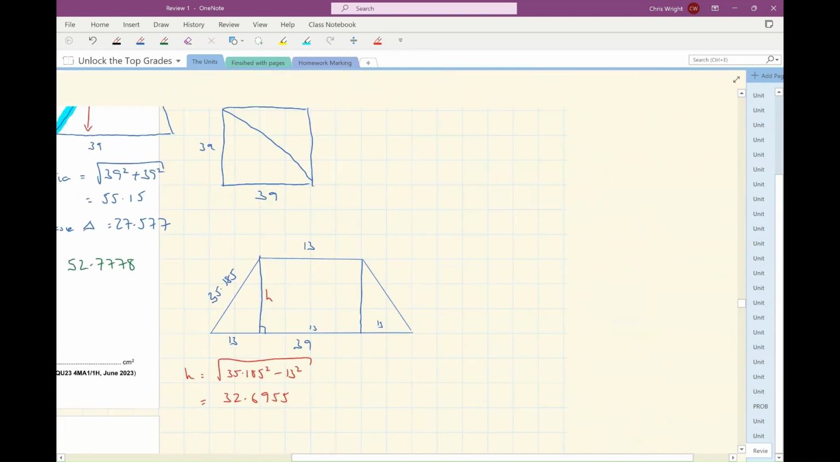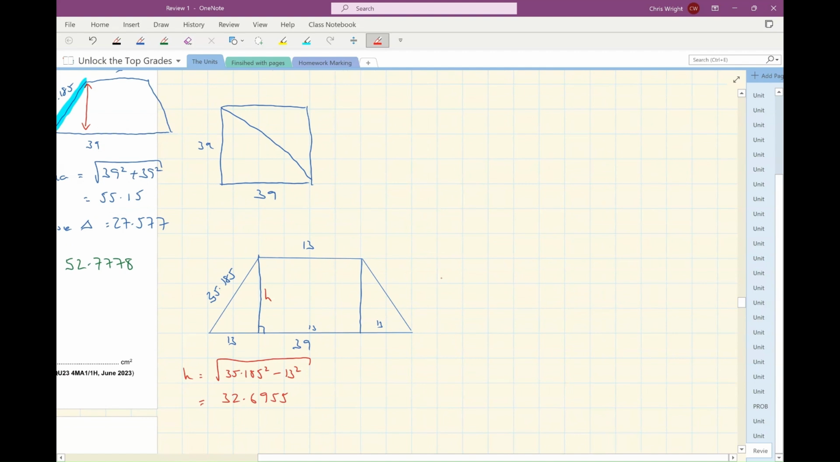Now, finally, I can find the area of the trapezium. The area of the trapezium is the average width, so 13 plus 39 over 2, multiplied by the height, 32.6955. Okay, so that is 13 plus 39 is 52, isn't it? So that's 26 multiplied by the number on my calculator. So the area of the trapezium is